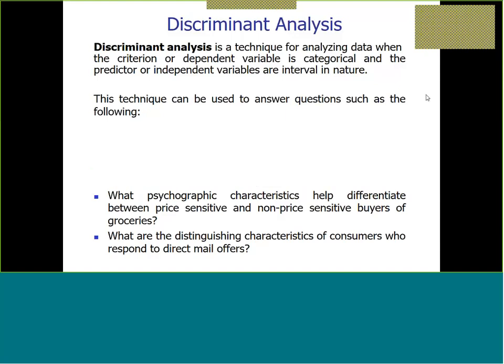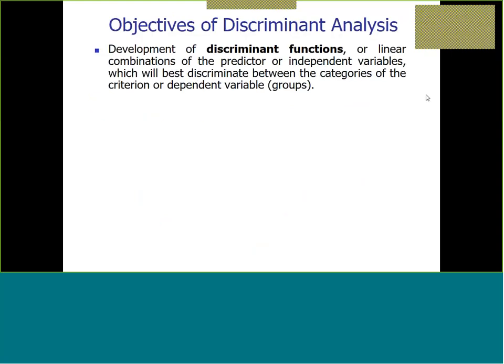So what are the objectives of discriminant analysis? So what will we do there? First of all, you have to construct a discriminant function. If there are only two categories, maybe one discriminant function. With more than two categories, you have to construct the respective discriminant functions. What are discriminant functions? They are the linear combinations of the independent variables which will best discriminate between the categories